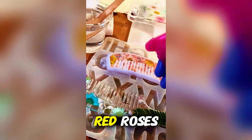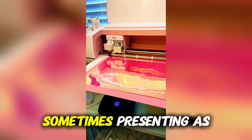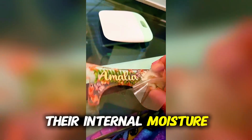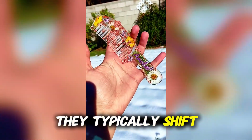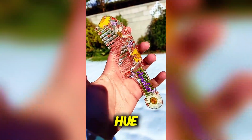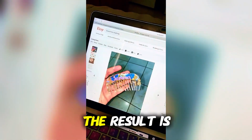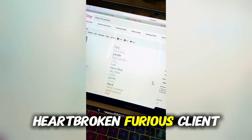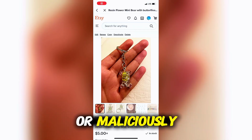Yes, bright crimson red roses will almost universally darken during dehydration, shifting into a deep, heavy burgundy and sometimes presenting as nearly black. Pure white roses, once stripped of their internal moisture, will rarely maintain a snow white appearance. What do they turn into? They typically shift into a vintage cream, a soft ivory, or sometimes adopt a pale yellow hue. If a creator fails to preemptively communicate that biological reality, the result is a catastrophic client interaction. You have a heartbroken, furious client who believes the artist either chemically ruined their flowers or maliciously swapped them out